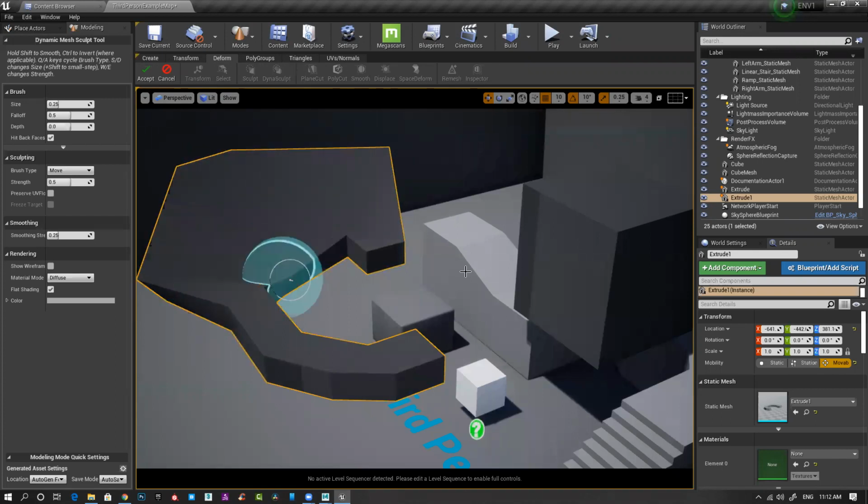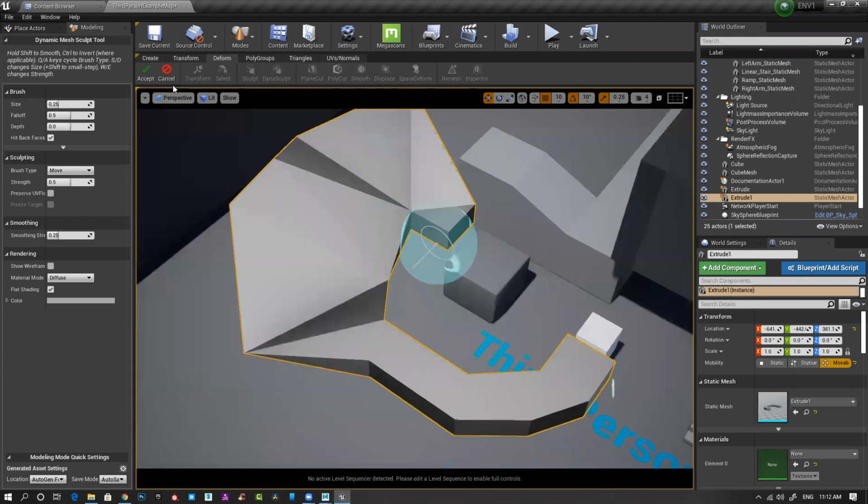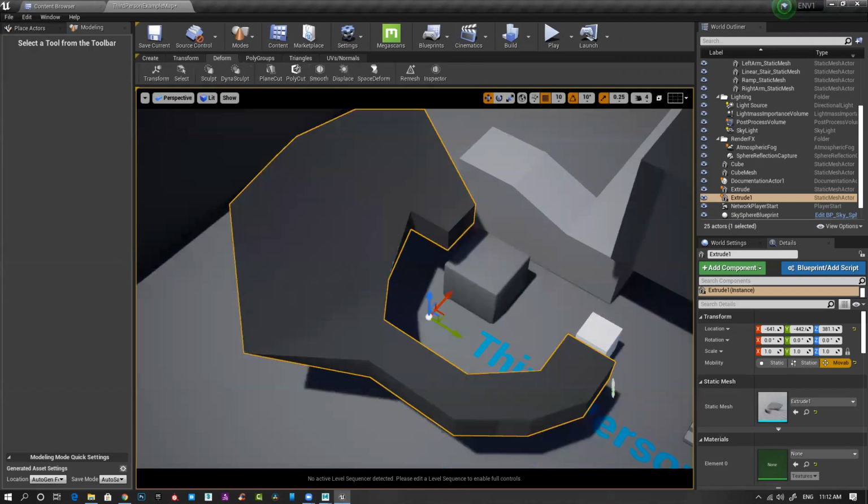You can sculpt also, but this is something not very effective. This is not very